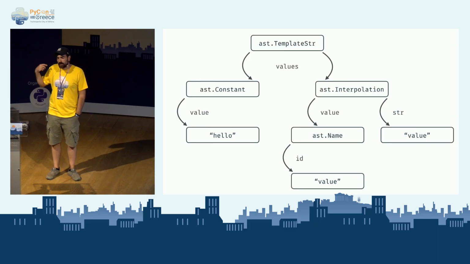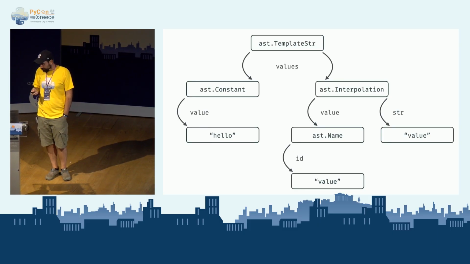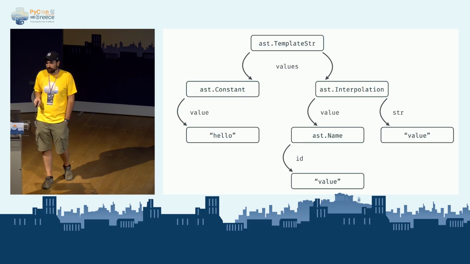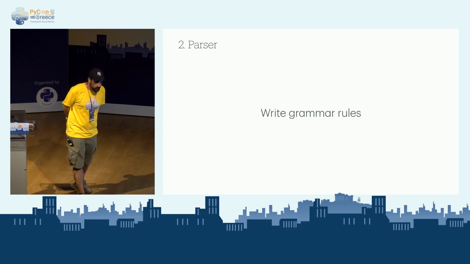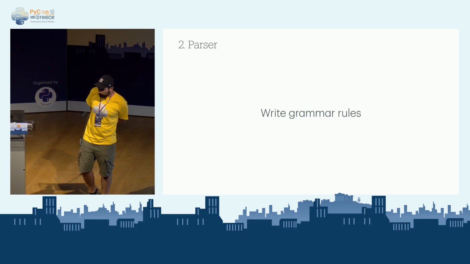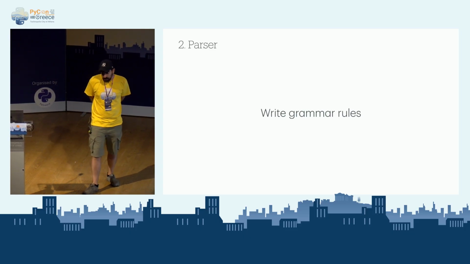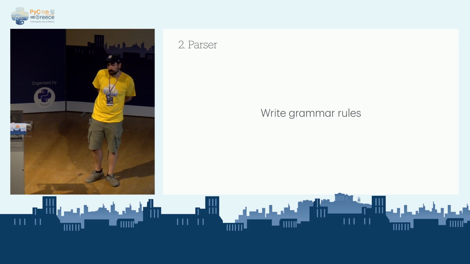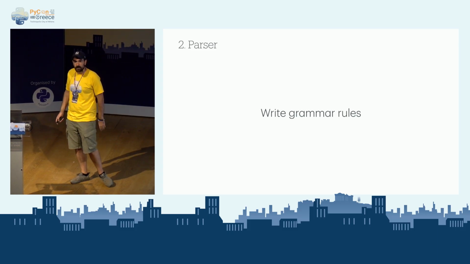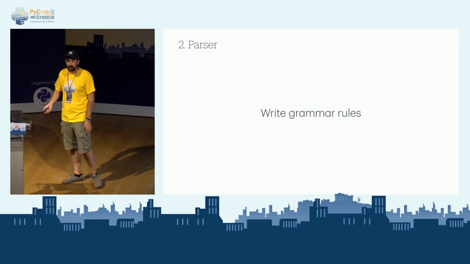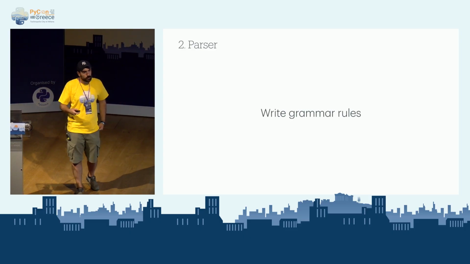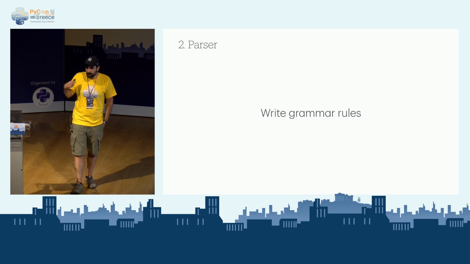And that's because we need it later on for stuff in the compiler phase. Oh, actually in the interpretation phase. So the way to work on the parser, and that's where most of my specialty is, is to write grammar rules. And that's actually really easy because you don't need to write any code at all. You can just write grammar rules that verify that the grammar is correctly checked.